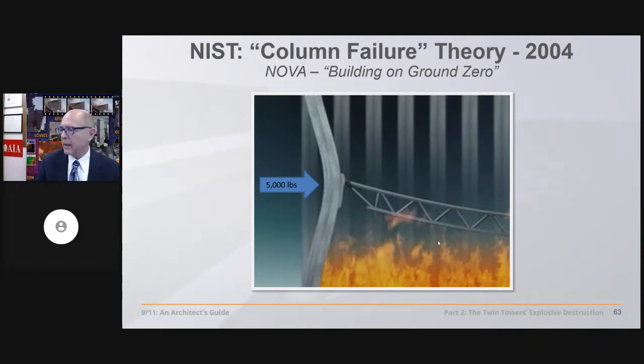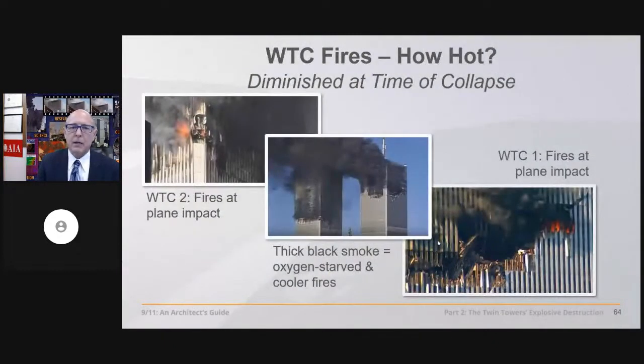And so they introduce a 5,000-pound load in their computer model to try to replicate that on every column around the building, to force them to fail in their computer models, in an attempt to justify this collapse theory called the column failure theory, which essentially turns into a pile driver theory, because this massive section above the column failures then drove the building down to the ground. That's what we're going to talk about today.